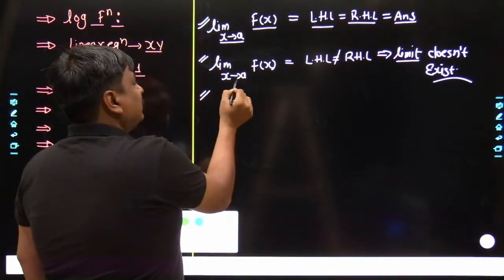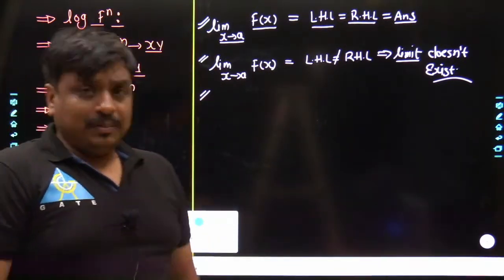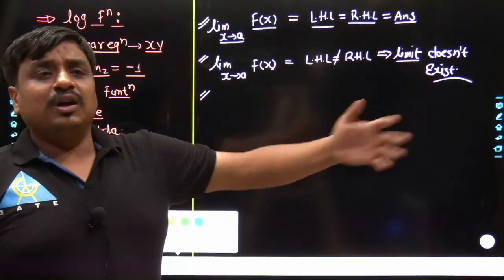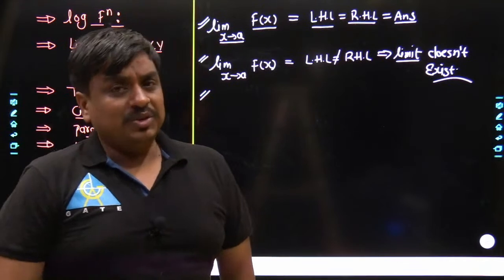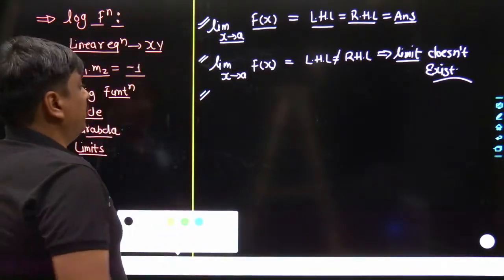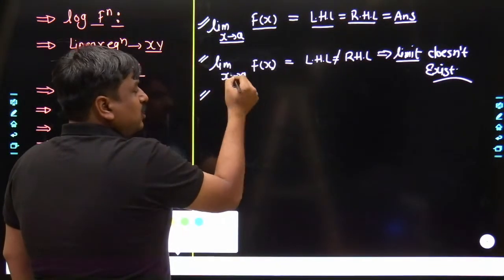We are approaching x equals a from the left hand side, so obviously you would be stopping yourself at a minus itself. Similarly, when you are slowly moving towards the right hand side and approaching a, obviously you would stop yourself at a plus itself. So what I am saying is, the limit does exist at x equals a for the function f of x